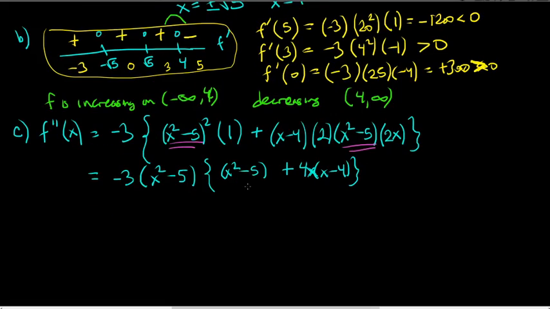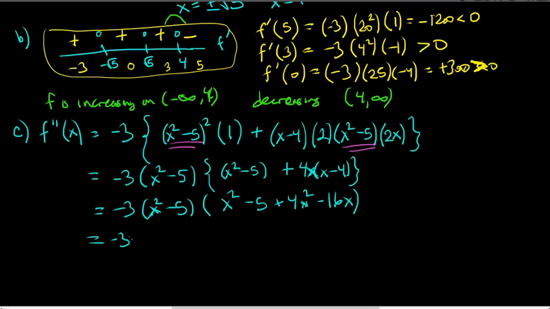And then we should expand all this out in the brackets here. So -3 times (x squared minus 5) times (x squared minus 5 plus 4x squared minus 16x). And now, when you simplify all that, you get 5x squared minus 16x minus 5. Okay, so you can expand this out. I did that in the answer key, but it's really better if you leave this alone at this point,